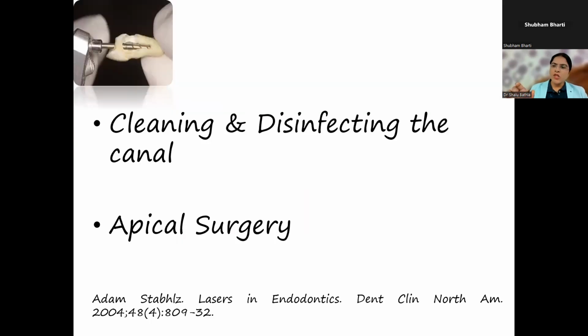What you do, you measure the root length, and let's suppose the root length is 16 mm, so you take your diode laser tip of 15 mm, 1 mm short of the tip, and you put it inside the canal, and then you fire the laser, and this disinfects the canal. You can use the erbium lasers also, or the diode laser, whichever. If you're using the erbium laser, it can be used for the equal length of that of the canal. But if you're using a diode laser, you have to be 1 mm short of the root canal.